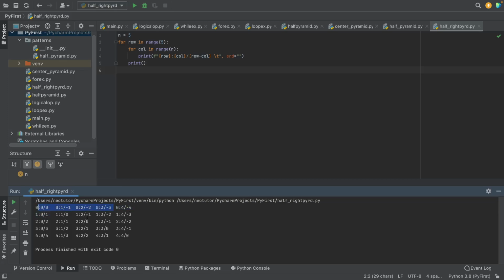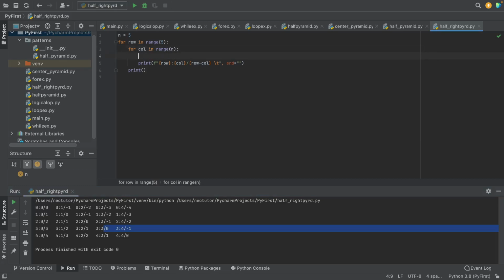For the second row, 1. For the third row, till minus just 1. Like that. In such a case, what we have to do is take the condition, right? That is where we